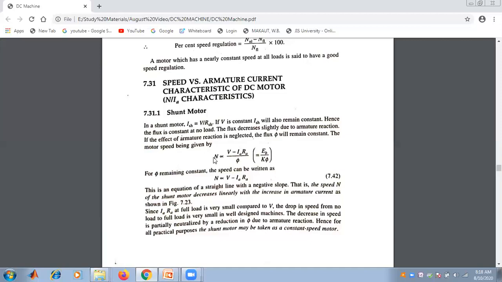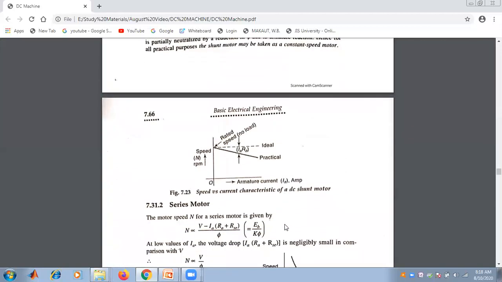The motor speed N is proportional to V minus Ia Ra by phi, that is equal to Eb by K into phi. For phi remaining constant, as we have already seen, the speed is proportional to V minus Ia Ra. And this is nothing but an equation of a straight line with a negative slope. The speed of the shunt motor decreases linearly with the increase in armature current, as shown in this figure,